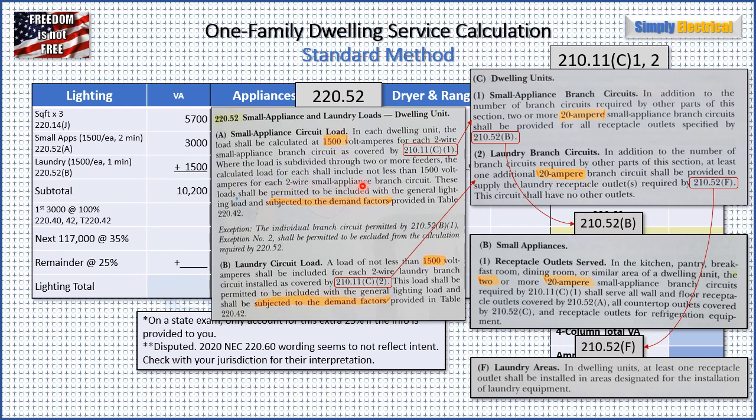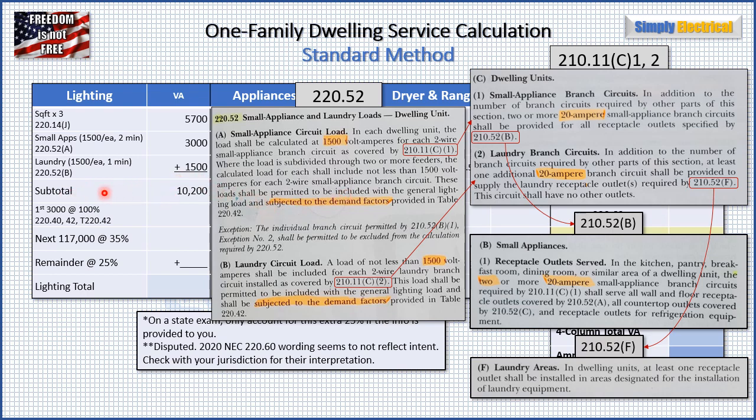That's pretty straightforward. Then it says these loads shall be permitted to be included with the general lighting load and subjected to the demand factors provided in table 220.42. We'll be talking about these demand factors in just a bit. But this small appliance circuit load shall be permitted to be included with the general lighting load. If you look over here real quick, this subtotal we're going to come up with,